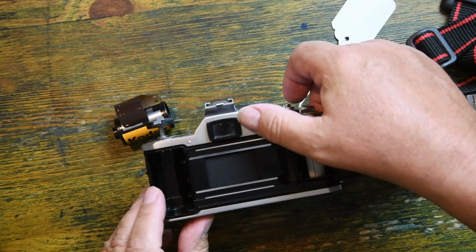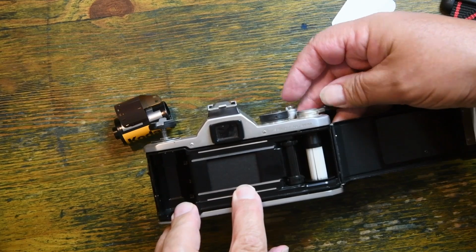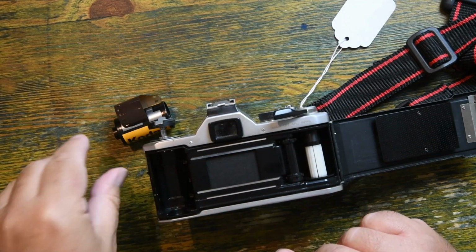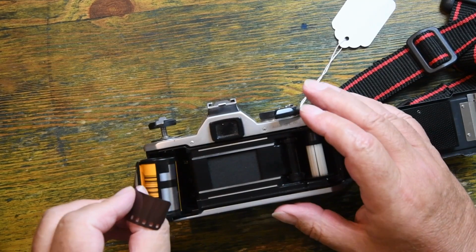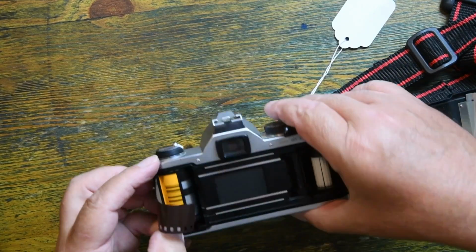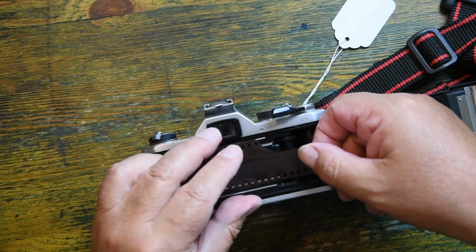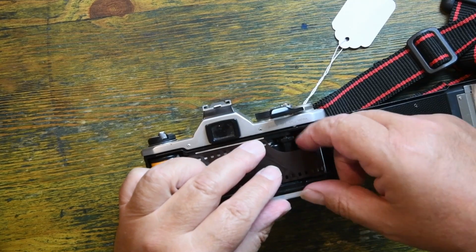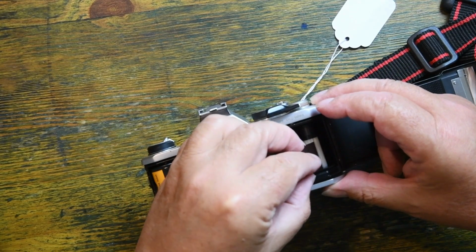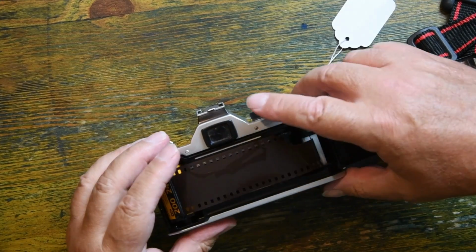So let's get the camera open again. So as you can see, we've got a cloth lined horizontally running shutter. So having opened the camera fully, I place the film in this side of the camera, and I make sure that the rewind knob is actually closed down properly. I then stretch the film across, and I have to do two things. One, I have to make sure that the film engages with the sprockets here, but also I have to make sure that the film goes through one of the many slots in this take-up reel. So if I just sit it there,